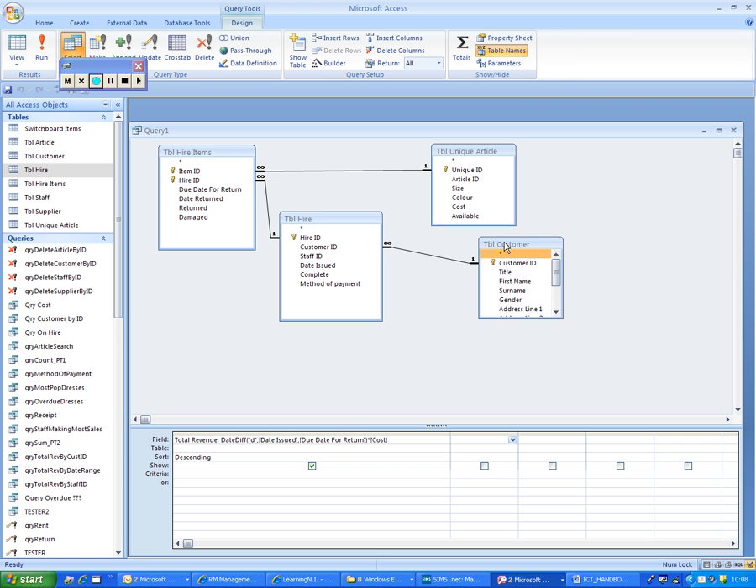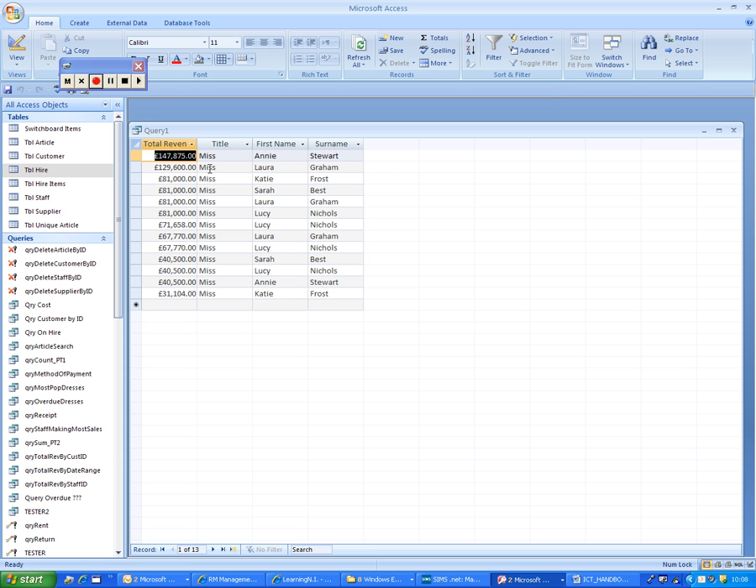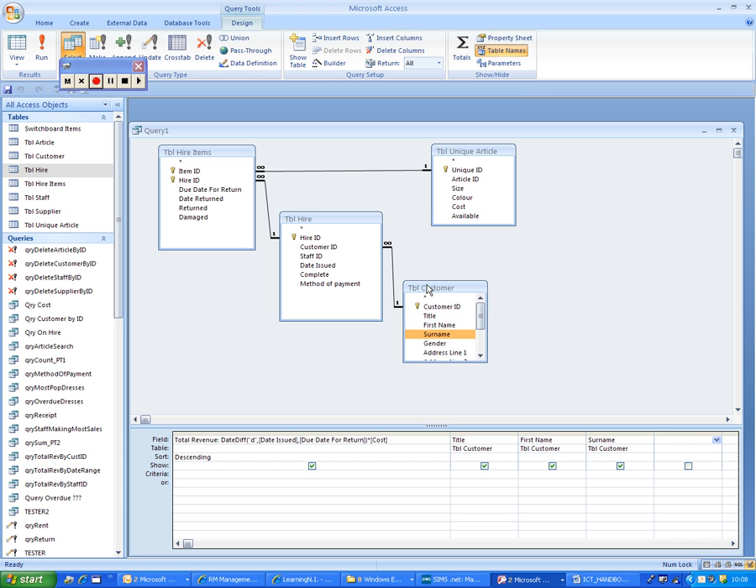So I just remove the article table and bring in the customer table, and now what I'm going to do is I'm just going to put in customer details. Oops, put that in twice. So if we run this now, this is going to show the total revenue by customer. So you can just repeat this